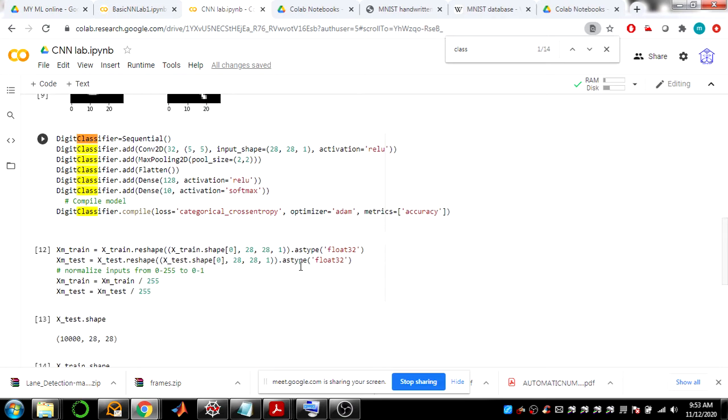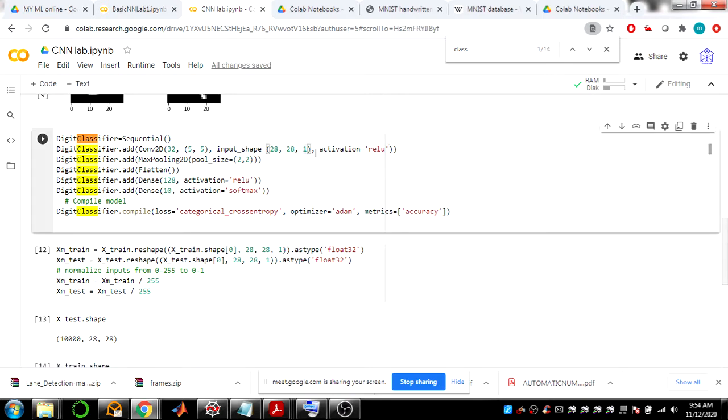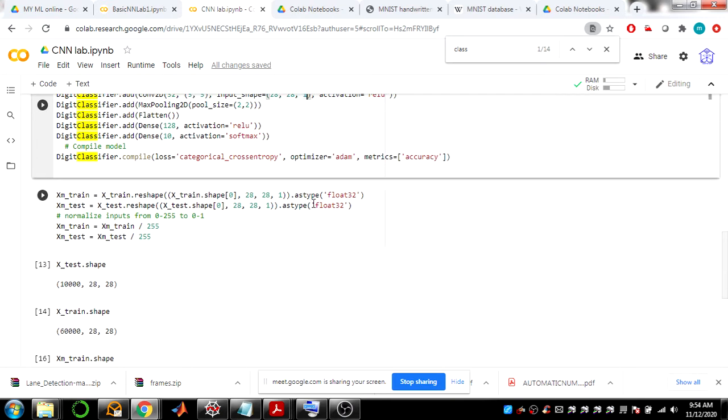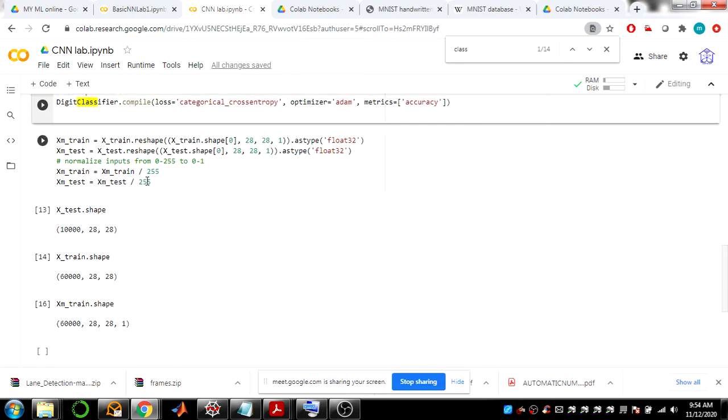Even for 2D images the shape should have this; color images, which are a 3D matrix, will have a 3 here, but since these are 2D, we have only one channel. So we are just reshaping it. And we have divided all the samples by 255 so that they will be in the scale of 0 to 1.